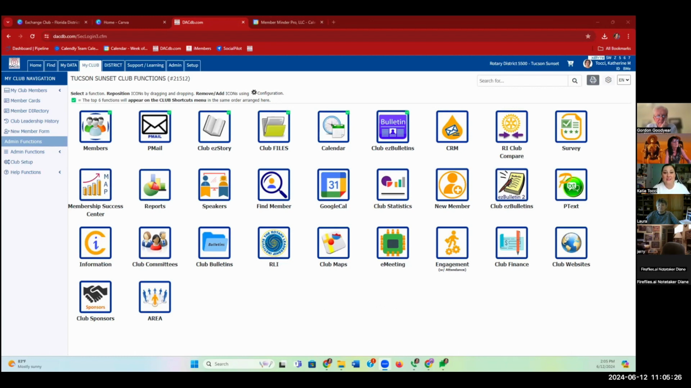If you're logging into DACdb.com, this is likely what you're going to see. It sort of mimics the apps on your smartphone with all of our different little tiles. Every tile you see is going to take you to a different area of the system. I'm going to start with some basic information, basically your membership management. If we click on our Members tile,